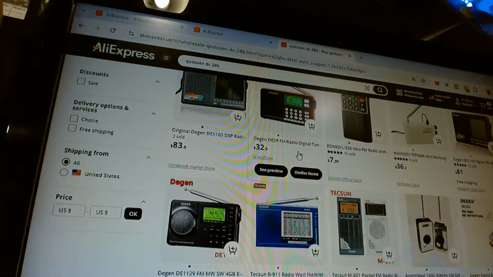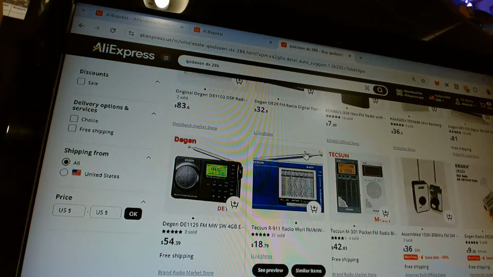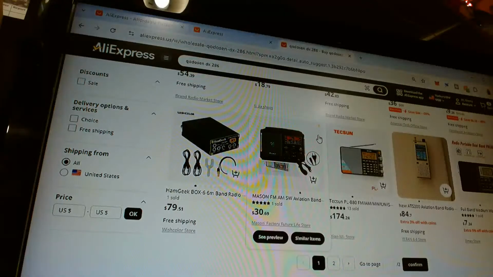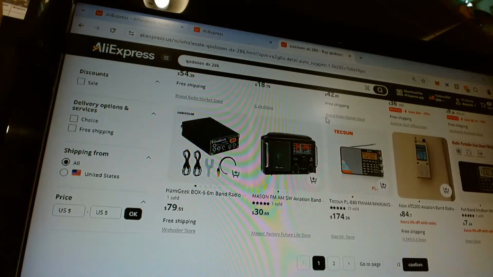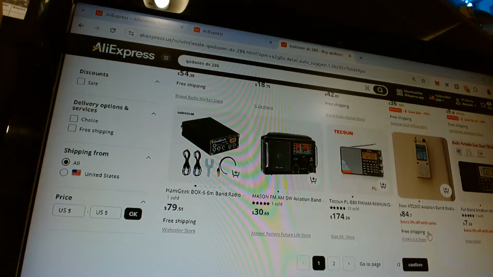So, let's see what else. PL-880, 174. Let me see what else they got here.